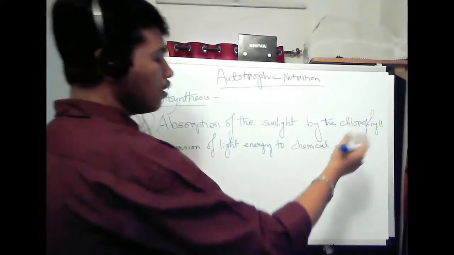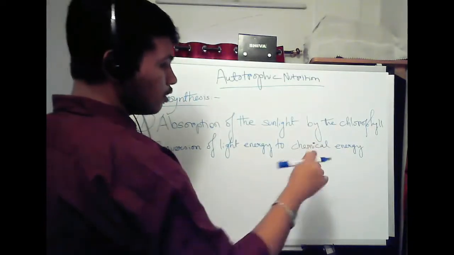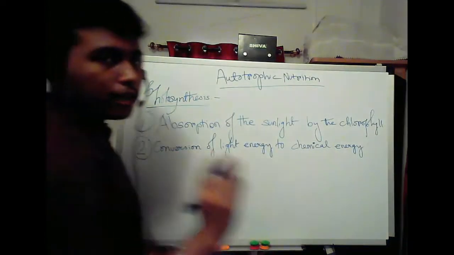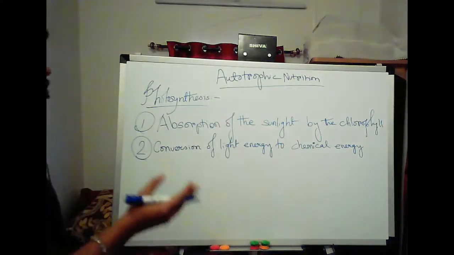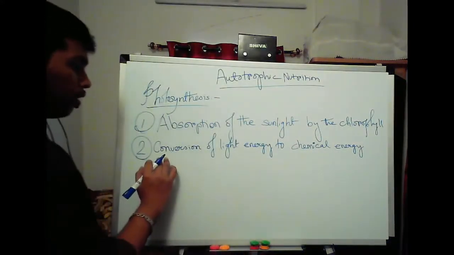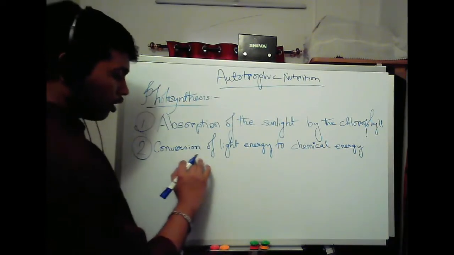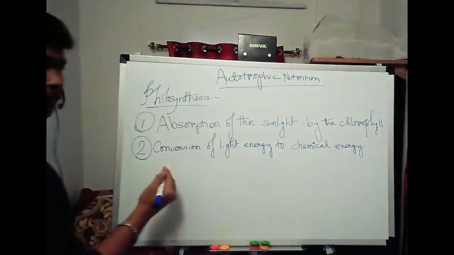I will come to how it is done, but I won't go into that much detail because it's not of utility to you. Conversion of light energy to chemical energy